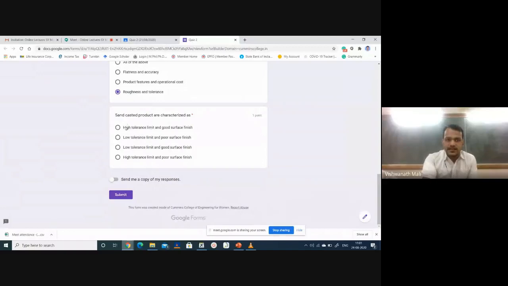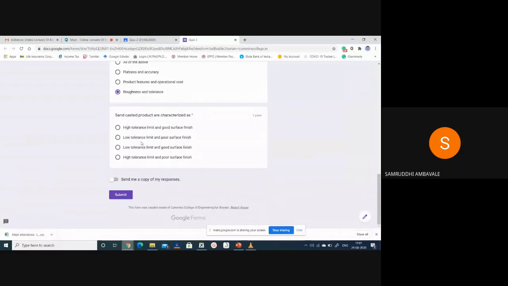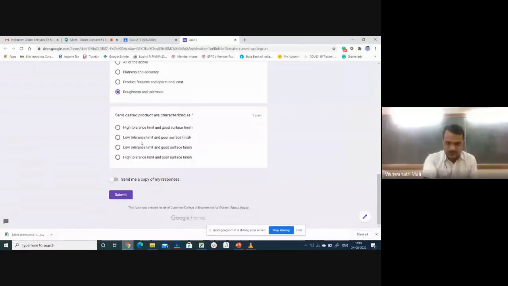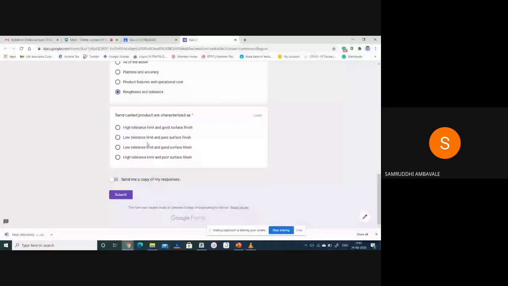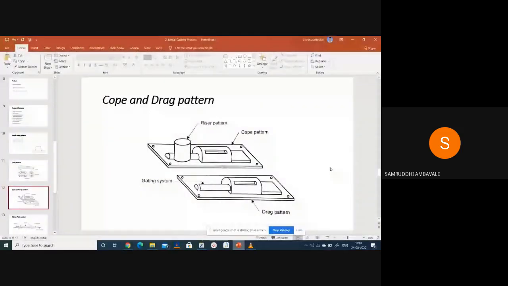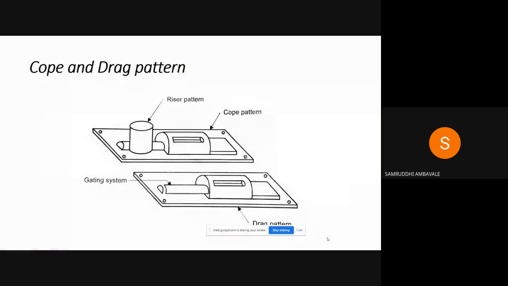What is the answer? Sand casting products. Low tolerance limit and poor surface finish is the answer. But I chose low tolerance limit and good surface finish. So I didn't get the difference between these two options.